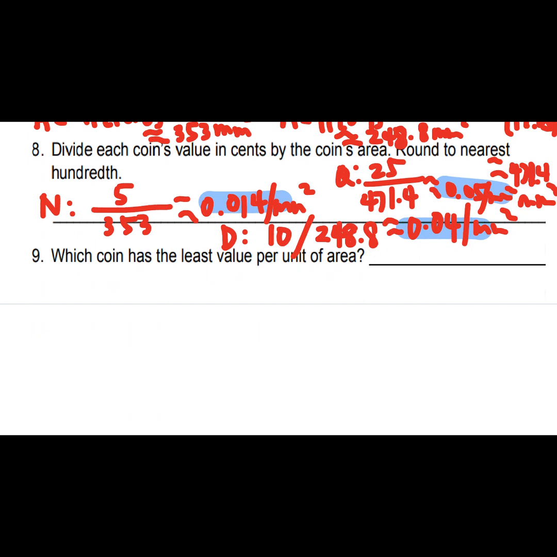Number 9, which coin has the least value, and that will be based on the numbers, the nickel. And that's the end of the lesson